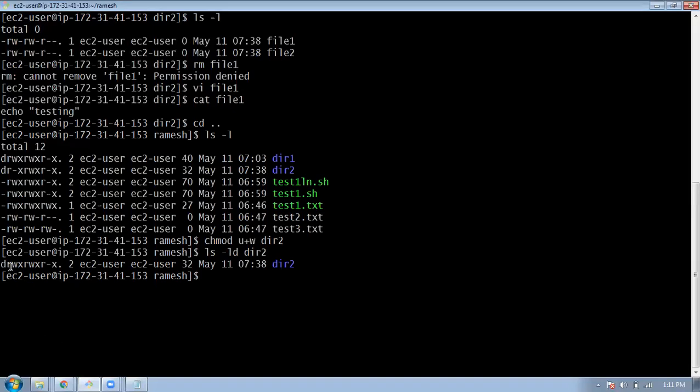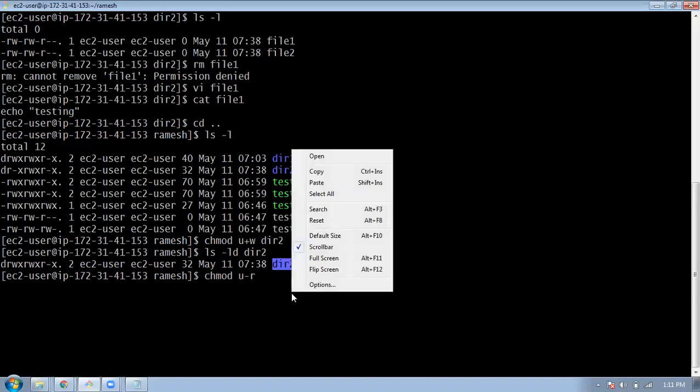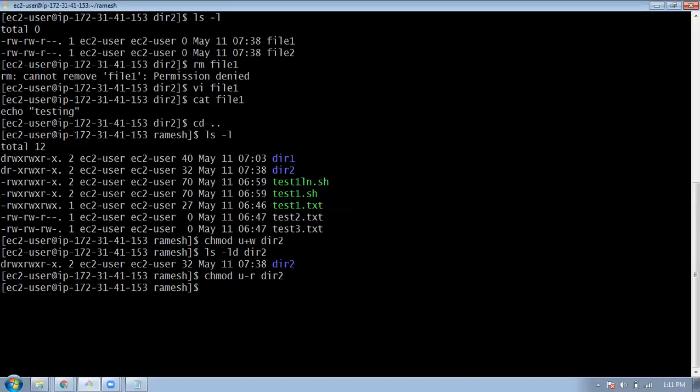Next we will see why we need read access to this directory. So let me remove it now. You see, now we don't have read permission to this directory.